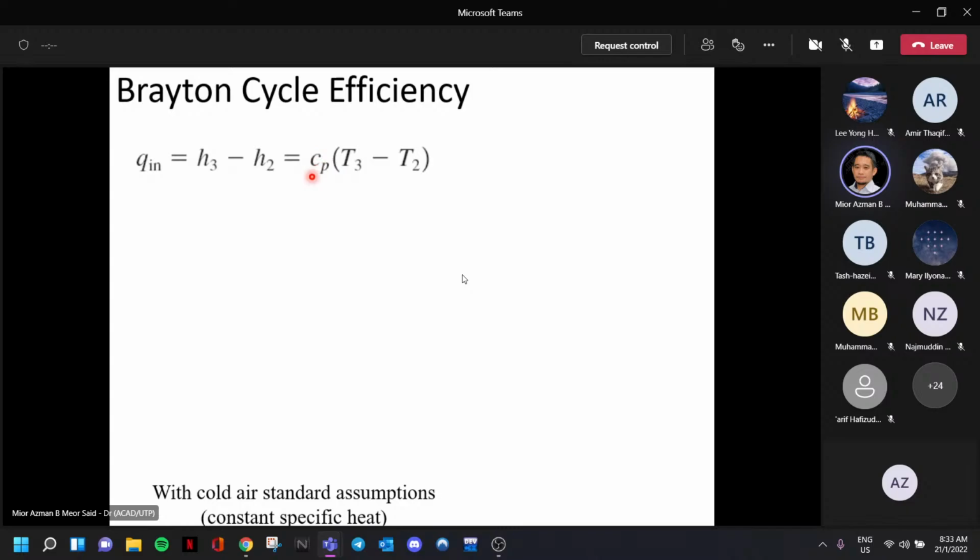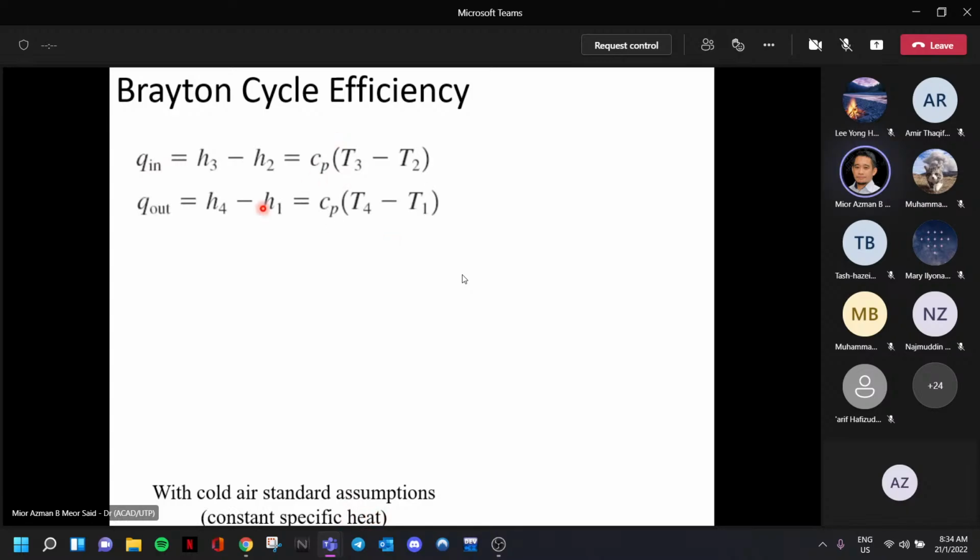Air table is table A17, the table which shows the temperature variation. So once you know that temperature variation, you can find your h value, your reduced specific volume, vr and Pr, everything. Right. So here we shall take a look first with cold air standard assumption or constant specific heat,